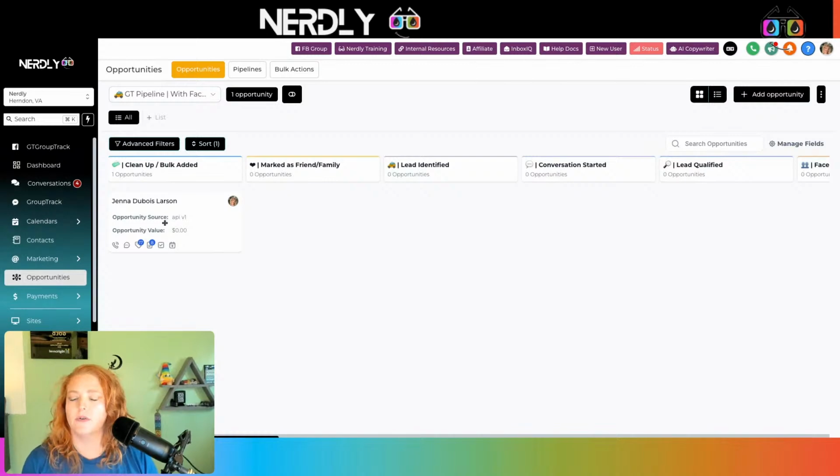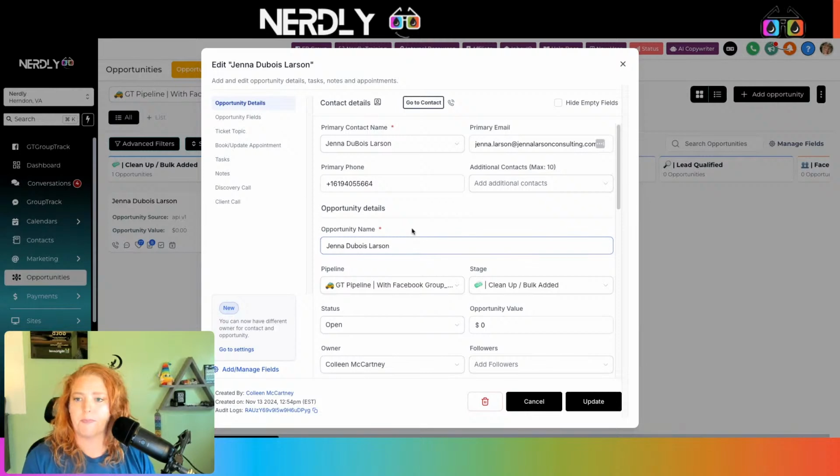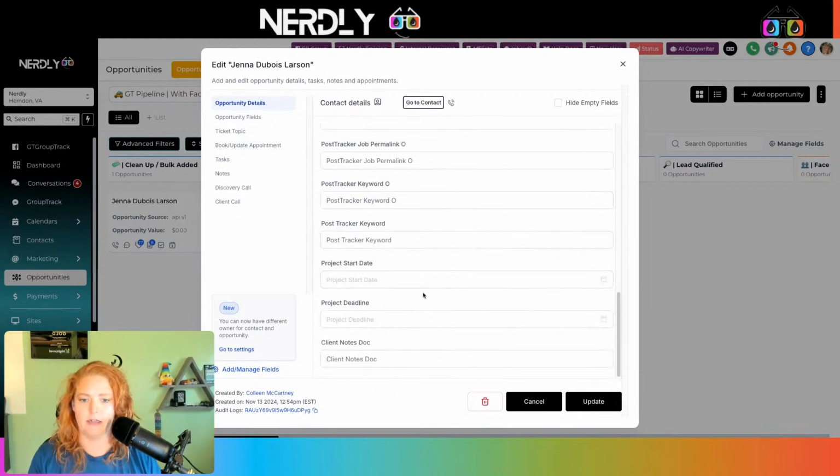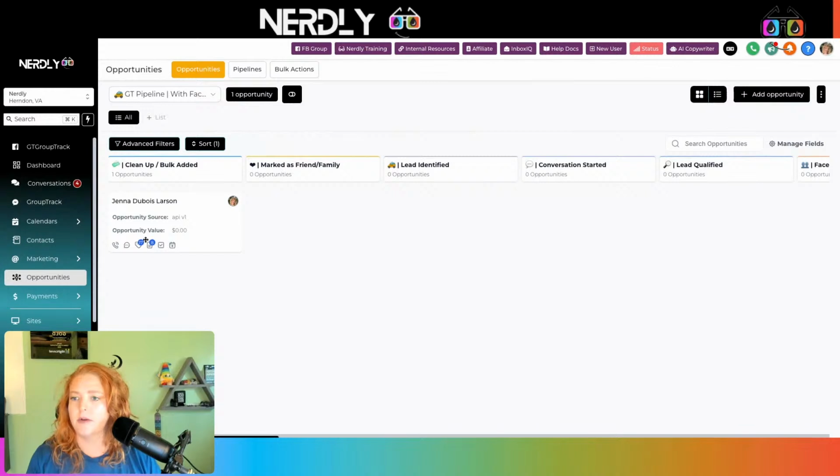And so what's really cool, so that you guys know some little bits and pieces about this, is you can see opportunity source is API v1. So if it is created via the API, it'll actually tell you that. So this way you know that it was created via GroupTrack, because GroupTrack is working on the API. That's pretty cool. So the only thing you need to be aware of is, for right now, the tags